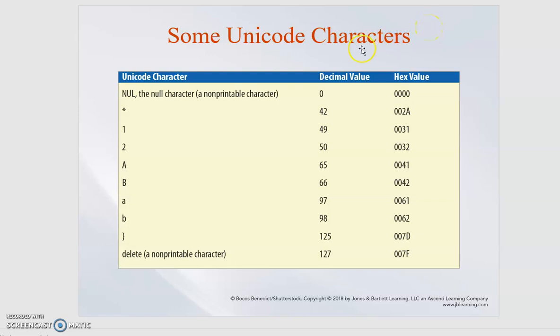Unicode character sets here. Now the null character is represented in decimal 0, but hexadecimal 0000. Star character is represented 42, but in hexadecimal is 002A. 1 is represented as 49. In hexadecimal value 0031, 50 is 0032. A can be represented as 65 or 0041. So just how do you represent Unicode to decimal